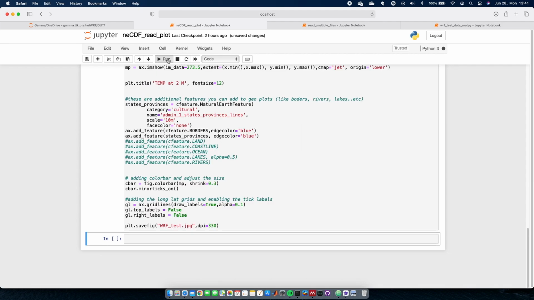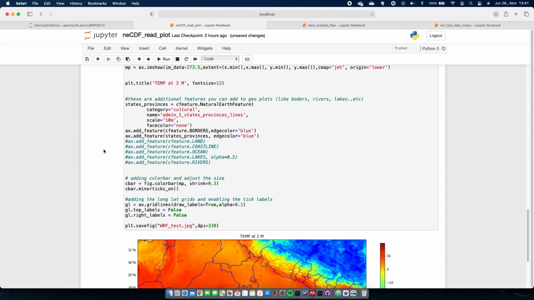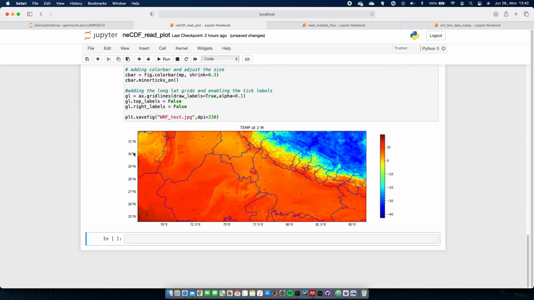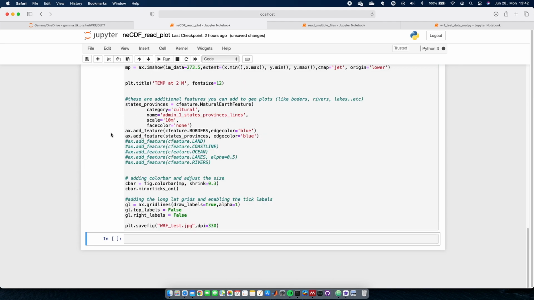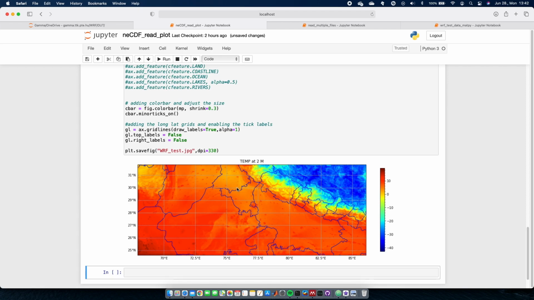I will see what's going to happen now. See, yeah, simple. And this alpha means this is the grid lines. I reduced the opacity, but if you want you can completely turn it on. You can see the grid lines, but usually I don't prefer this.